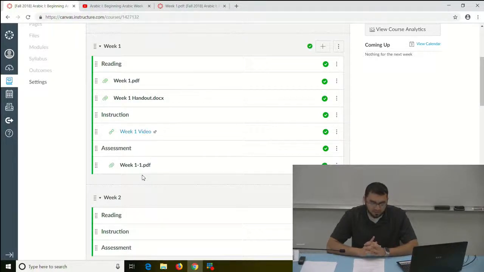There is a problem in Canvas and we can't fix it unless we buy the full version of Canvas. The full version of Canvas is $10,000 and the free version of Canvas is free. So we've decided to live with this one little tiny problem to save $10,000. You're going to notice on your homework assignment sometimes it's going to say it's due at 7:59 p.m. And you're like, oh, I got another hour. But you don't. It's lying to you.